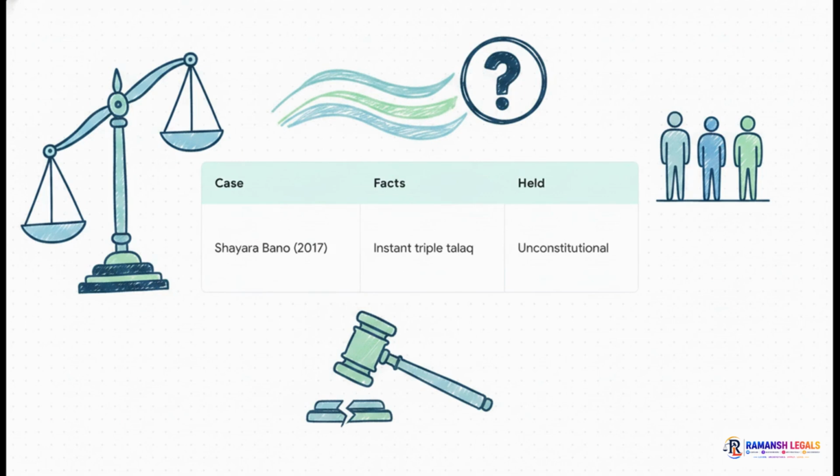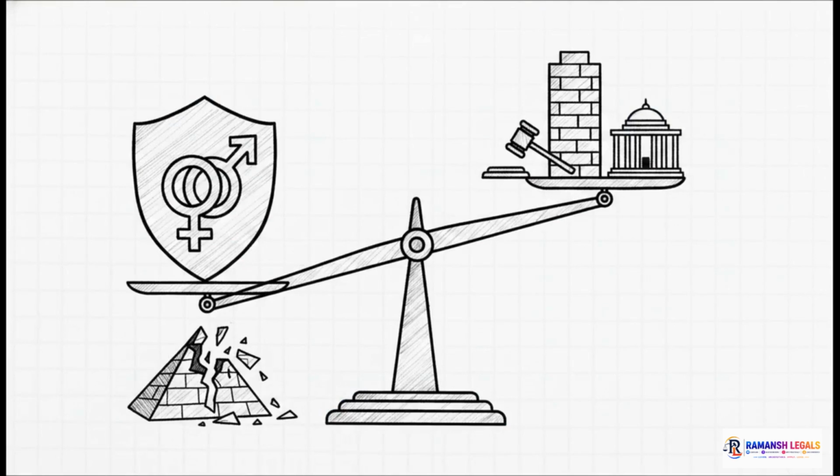Here, the petitioner challenged the constitutionality of practices like instant triple talaq or talaq-e-bidat. By a 3-2 majority, the Supreme Court declared the practice unconstitutional. What was held by the majority was that the practice was manifestly arbitrary, meaning it clearly and obviously failed the test of Article 14. Now, it's really important for your notes that we clarify the differing perspectives of this 5-judge bench. The majority applied the doctrine of manifest arbitrariness. They observed that gender equity is totally entwined in Article 14, and conferring social status based on patriarchal values is simply incompatible with the Constitution.